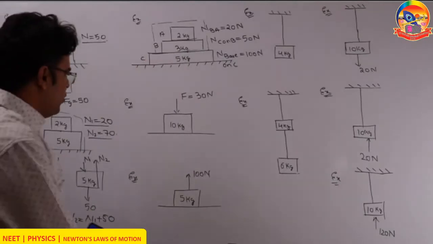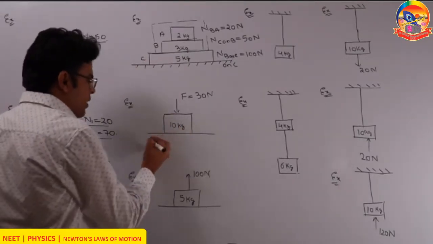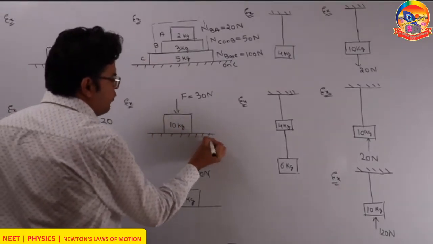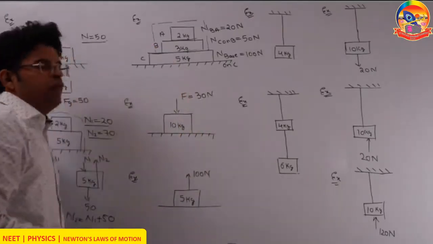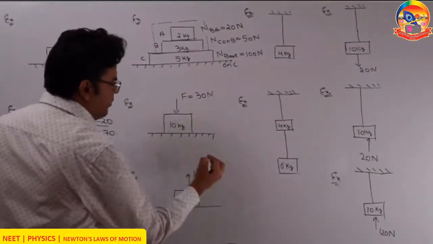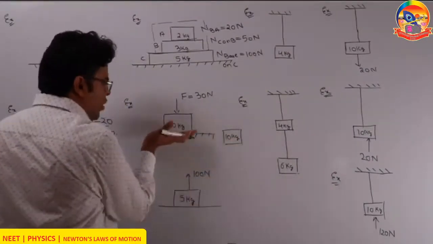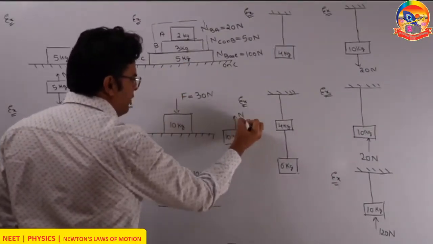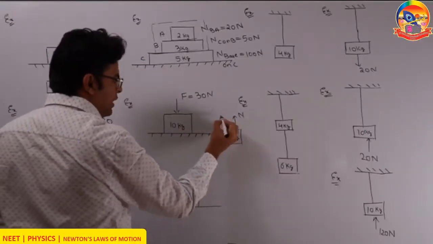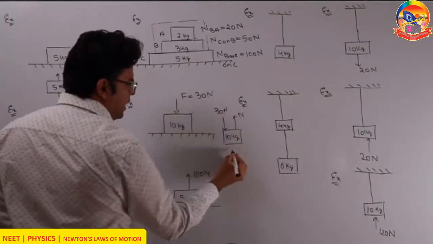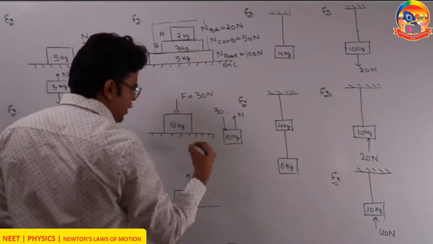Next example. There is a block of mass 10 kg placed on a surface. What is the force of normal if you push it down with a force of 30? So again, make the free body diagram. If you look at the forces acting on it, the ground must be applying some normal upward, let's say N. There is a force downward 30, some external force, and there has to be a force of gravity that will